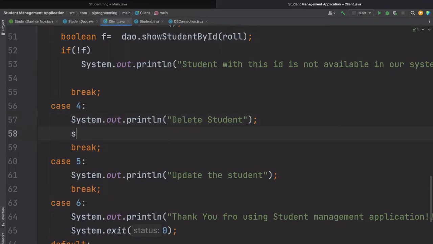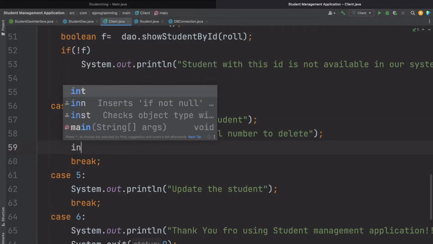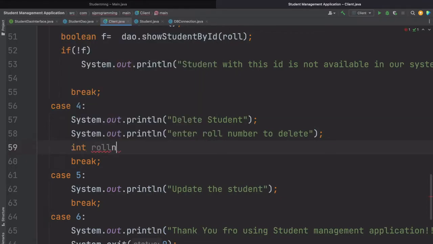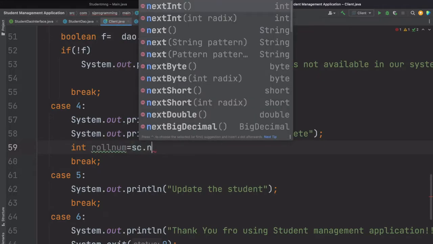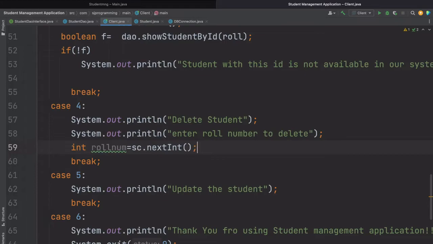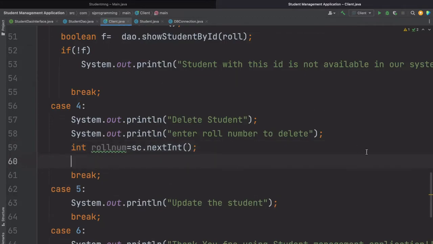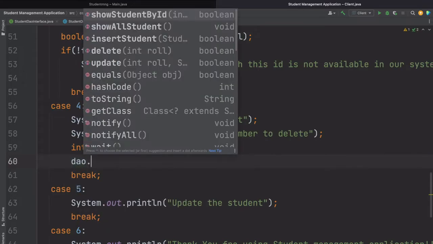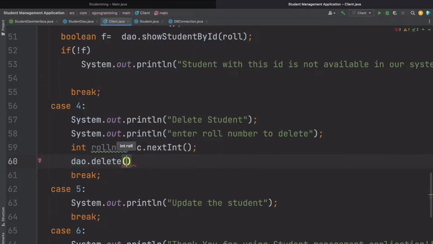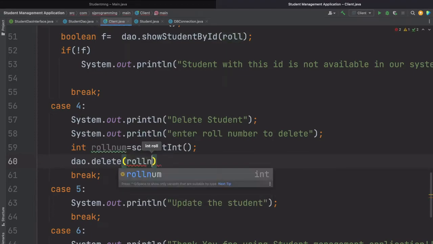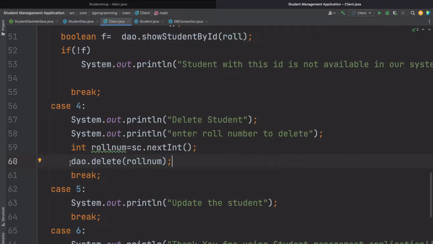So here also let's write the message, enter roll number to delete, means which student you want to delete. So for that, int rollnum is equal to sc dot nextInt, and this roll number we have to pass. So dao dot delete method, and here we will pass this rollnum. Now again let's take this in some boolean variable,